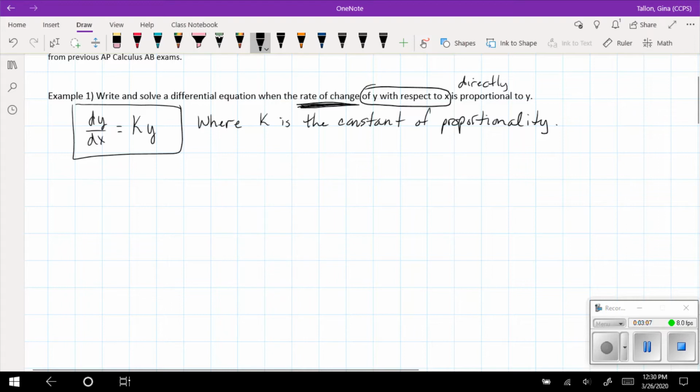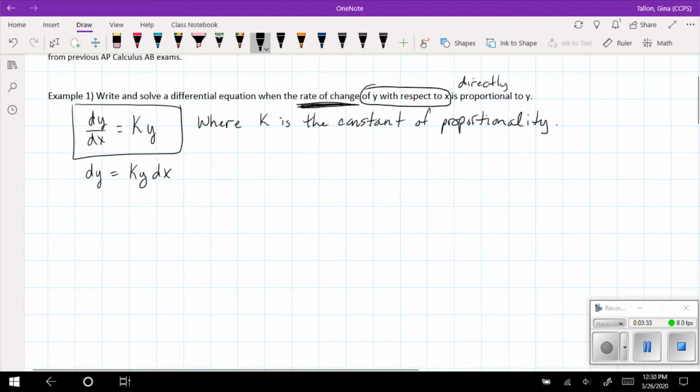This is a dy dx, so if you want to get y, obviously we're going to integrate someplace in here. But in order to integrate first, we are going to play around with separation of variables. And to do that, we need to get our y variables on the left-hand side of the equation and our x variables on the right-hand side of the equation. So step 1 is to multiply both sides of this equation by dx. This is going to yield dy is equal to ky